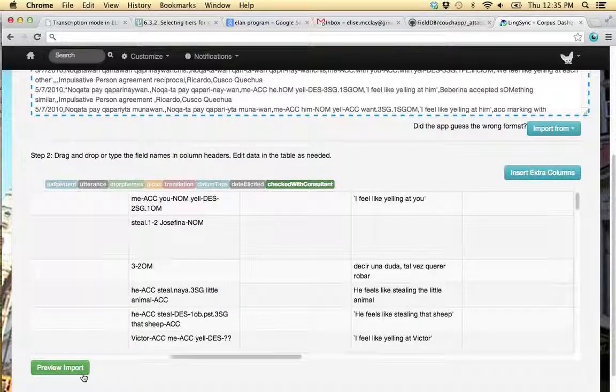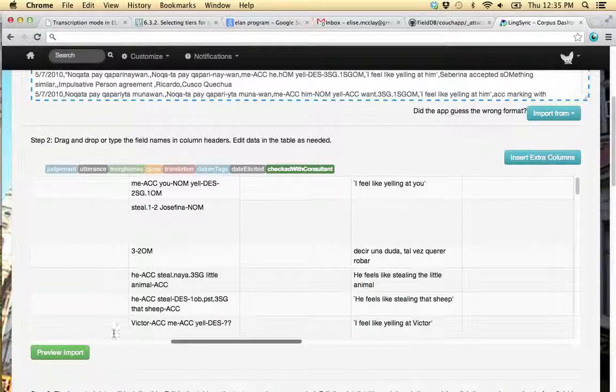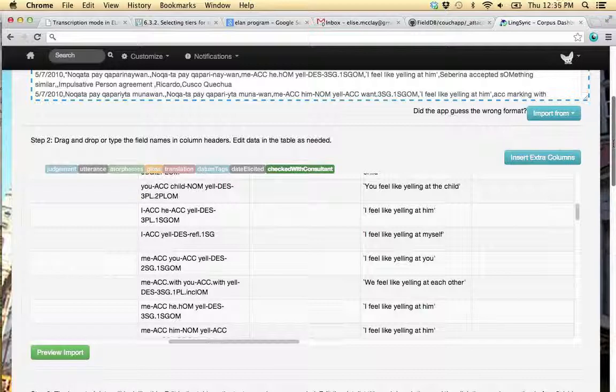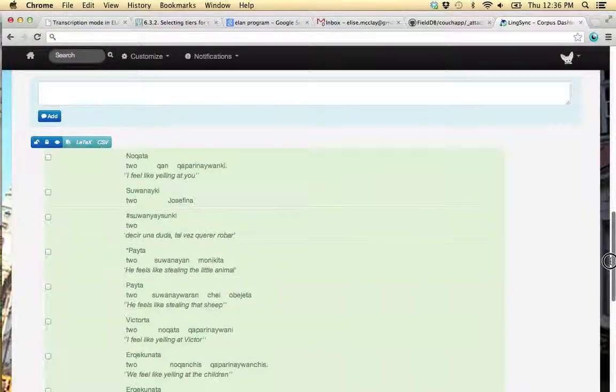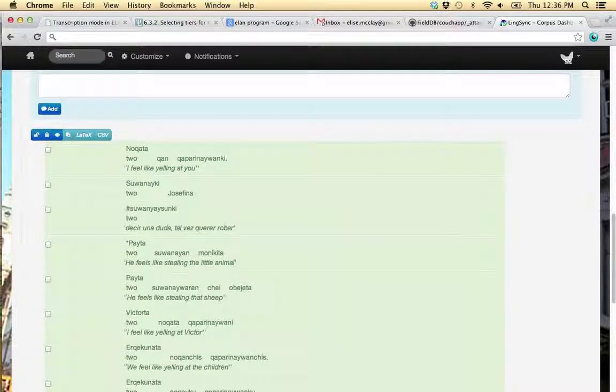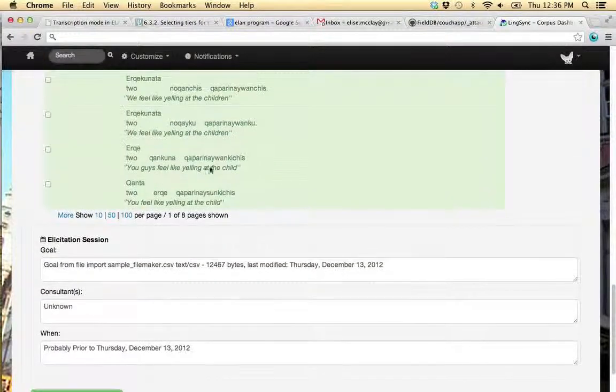Okay, so that's our first go. We hit Preview Import to have a look at what this will be like in our app. And it gives you this sort of short form data list. And if you're not happy with how things look in there, you can go back up and relabel things and things like that. Actually, yeah, if I were doing this for real, I might want to do that too, because